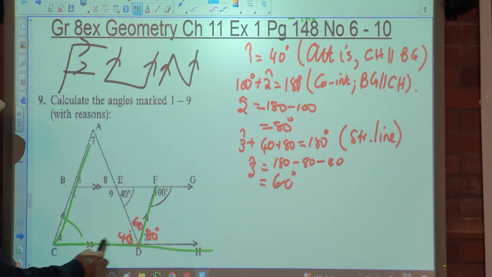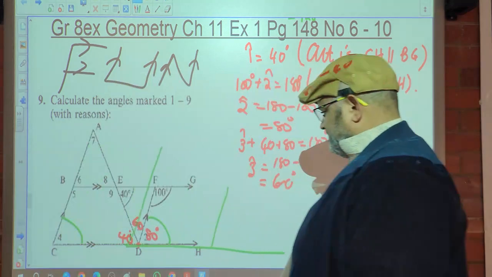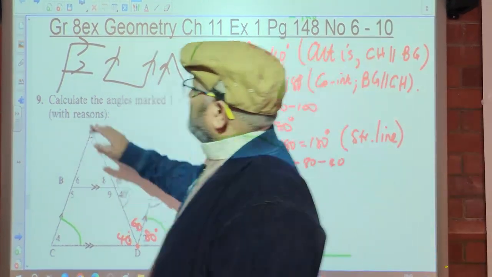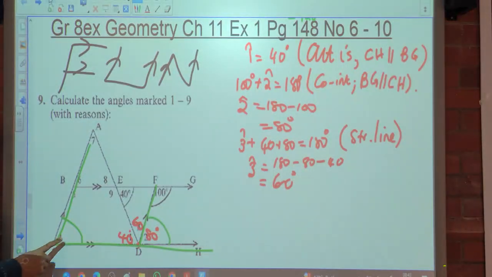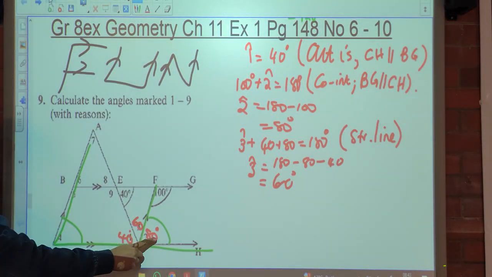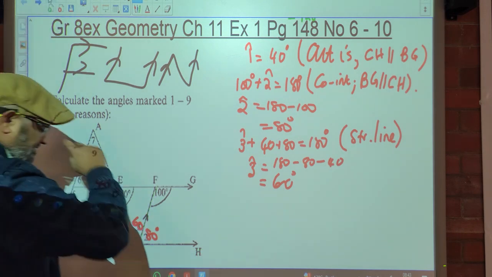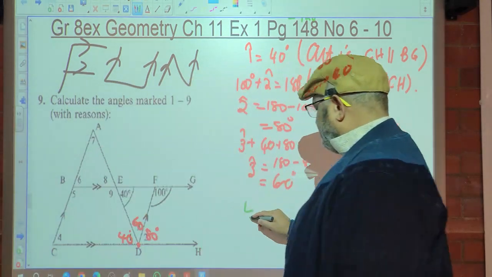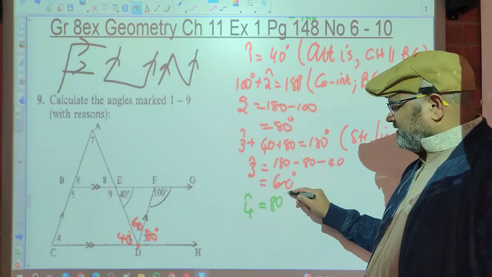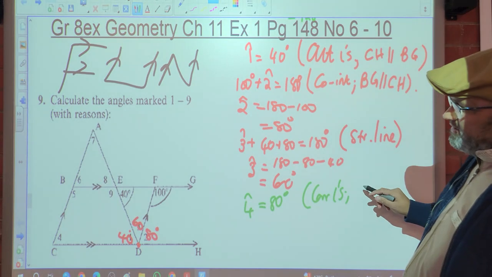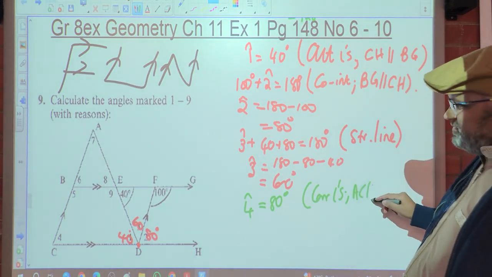Can you all see the corresponding angles there? You all see the F? So angle 4 is equal to 80 degrees, corresponding angles, with AC being parallel to